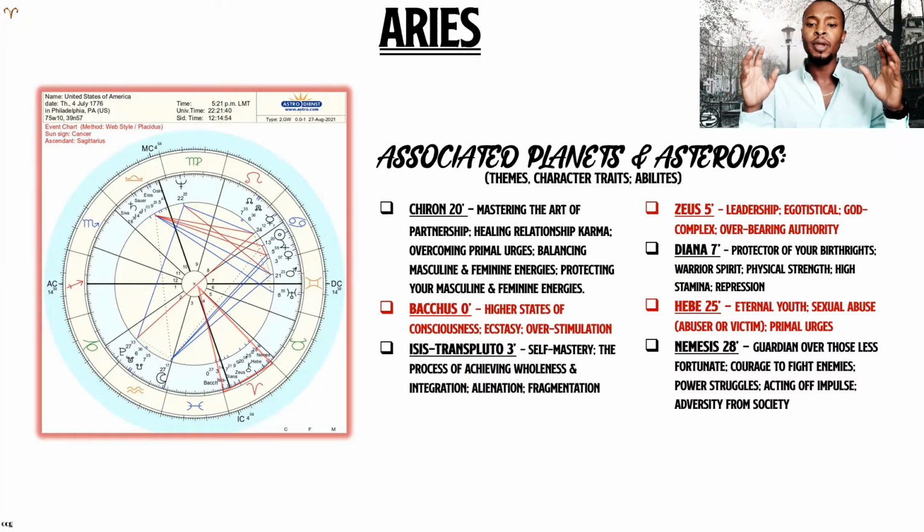We're going to mainly talk about the associated planets and asteroids first, because these are going to give us more of the character traits that these lessons take on. It's also going to give us more of the themes that these lessons take on, as well as some of the abilities that come with mastering these lessons, and some of the side effects that also come with not learning these lessons or not having come into awareness of